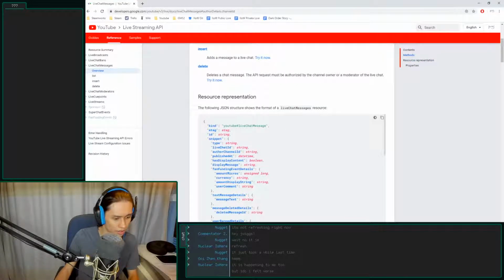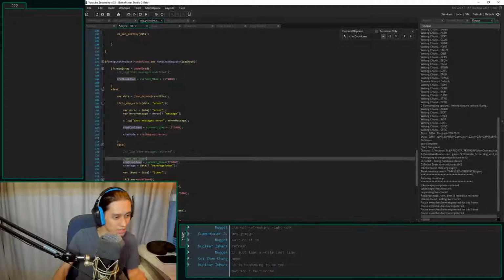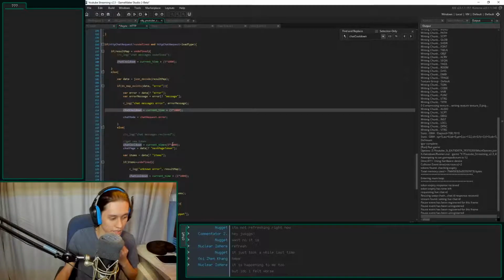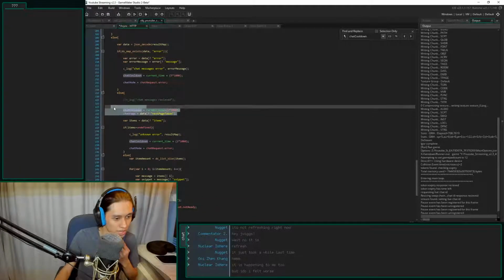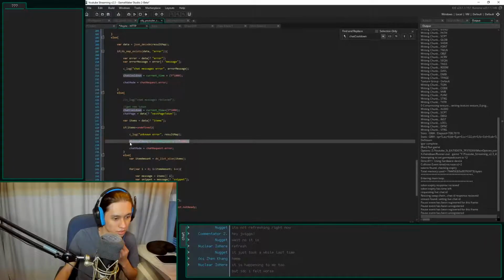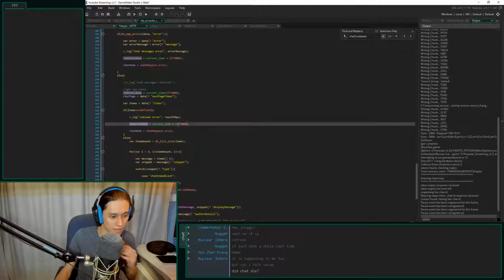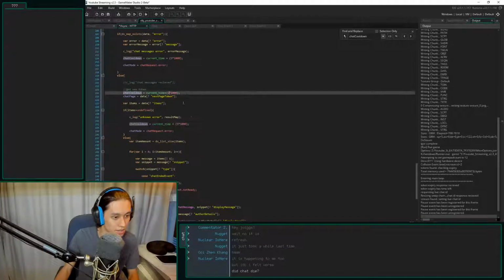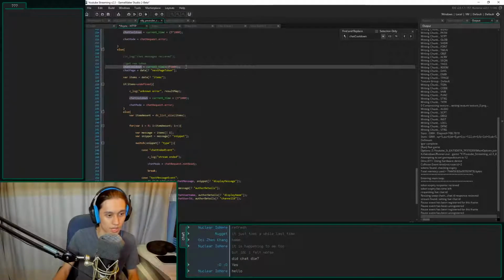Maybe I just need to log this. Maybe I need to log it somewhere. Oh, well, I guess 5 seconds. If it's an error, yeah, we can wait 5 seconds because something's wrong. But this is getting a new token. No, this is getting a new page. Chat cooldown equals... Oh, this is if it's undefined. Yeah, let's wait 5 seconds. If it's not undefined, let's wait 2 seconds. Something like this. Maybe this should buffer faster.